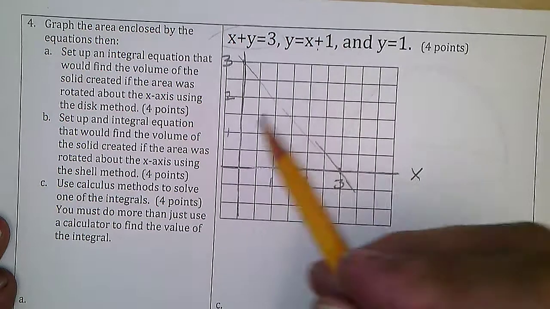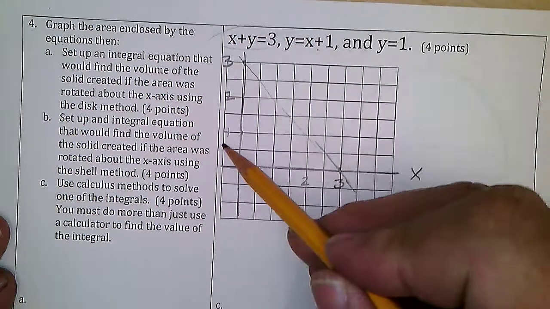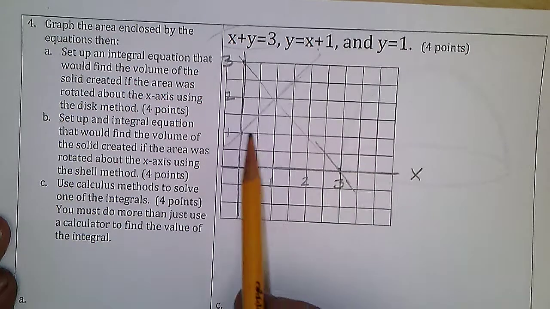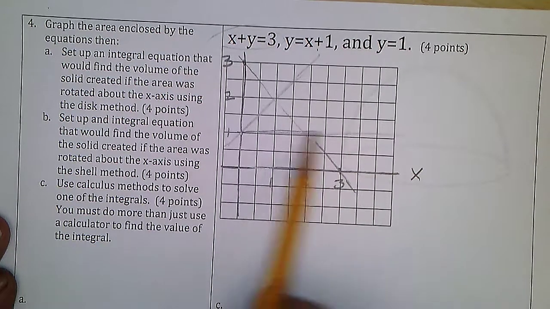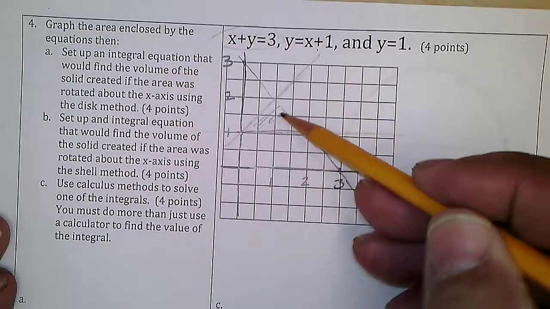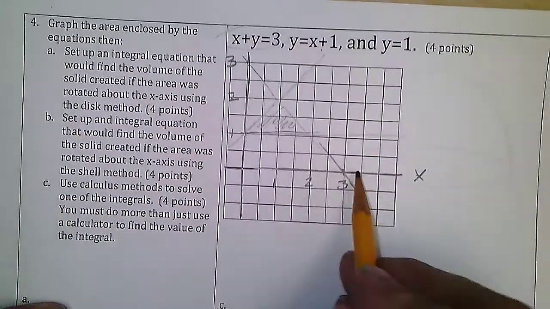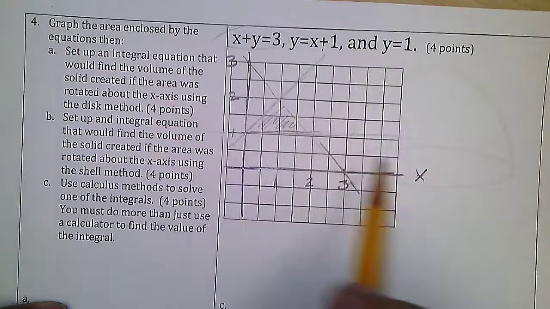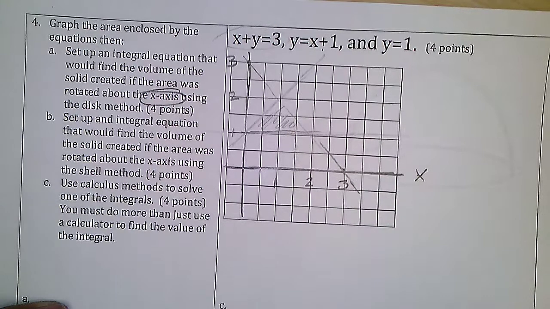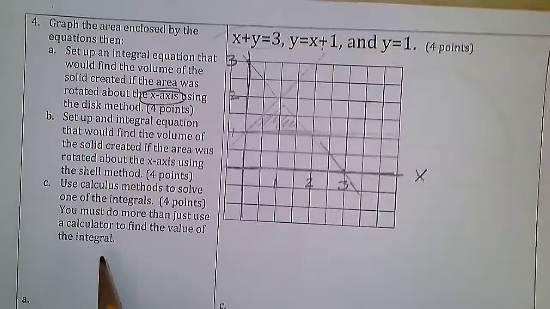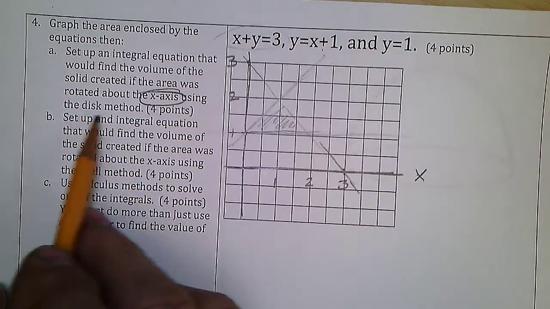And this one would go through plus 1 with a slope of 1. And y equals 1 would be here. And so here's the enclosed region. And it's spun around the x-axis. So I was adding 1 in my original video, but I shouldn't be. Now it says set up an integral equation that would find the volume